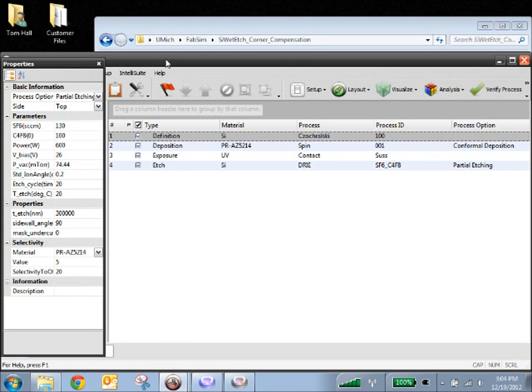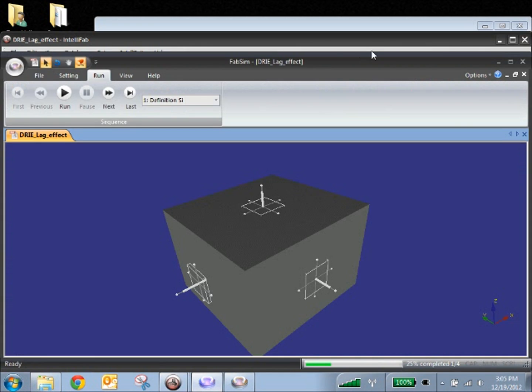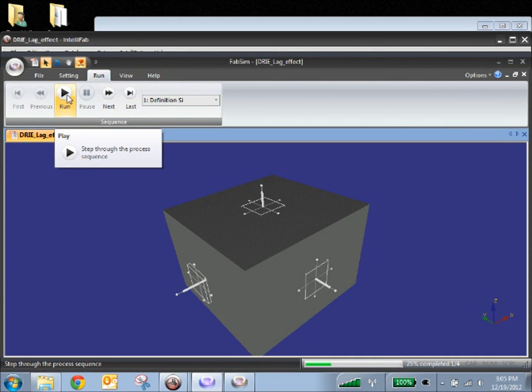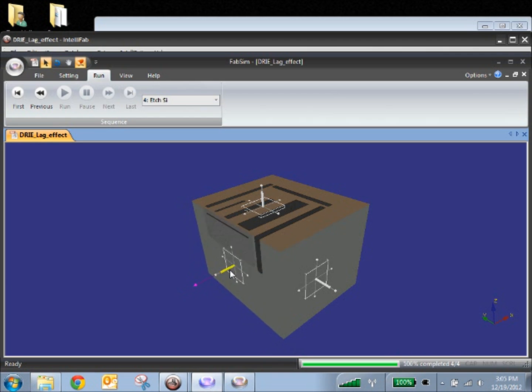Now another example we have is the lag effect example that I was talking about earlier. And here, I actually already have the example open. So if we run it, there are only 4 steps. The etch step in this one actually takes a little bit of time, so I ran it already before we began. And here, if we look at the cross section,